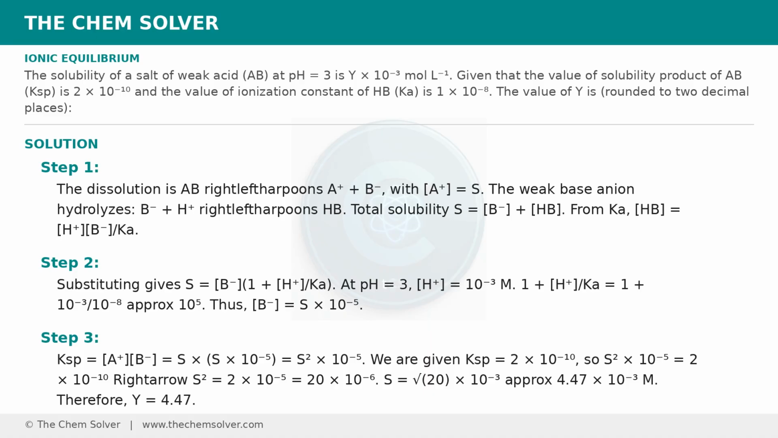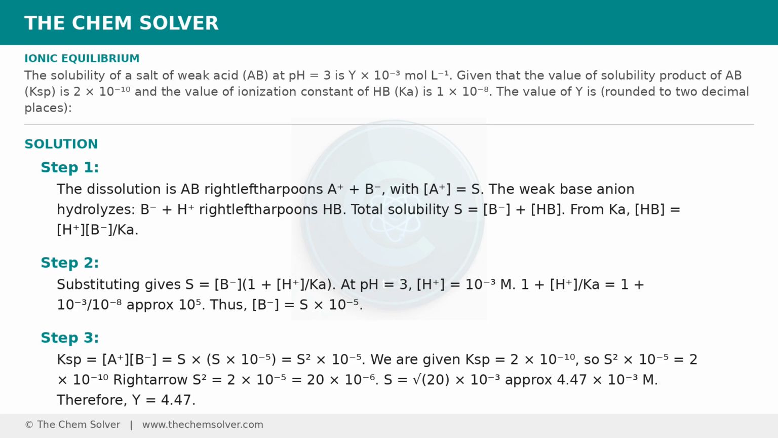The dissolution is of AB ⇌ A⁺ + B⁻, with A⁺ equal to S. The weak base anion hydrolyzes: B⁻ + H⁺ ⇌ HB. Total solubility S equals [B⁻] + [HB]. From Ka, [HB] equals [H⁺][B⁻] divided by Ka, substituting gives S equals